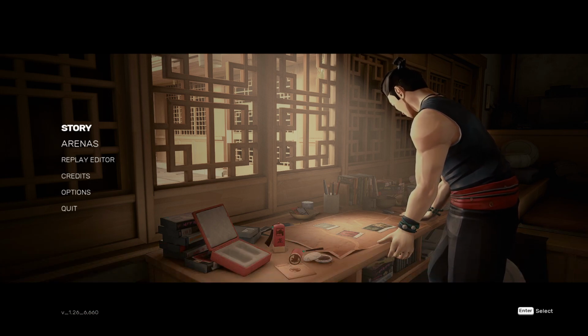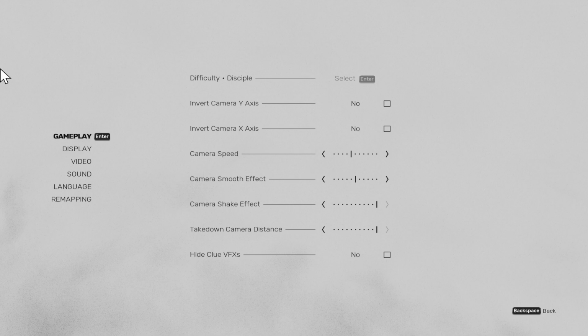First of all, open up the Sifu game on your device, and once you open it up, you will be taken into the main menu. From here, just click on Options, and then from the Options page, in order to change your audio settings, tap